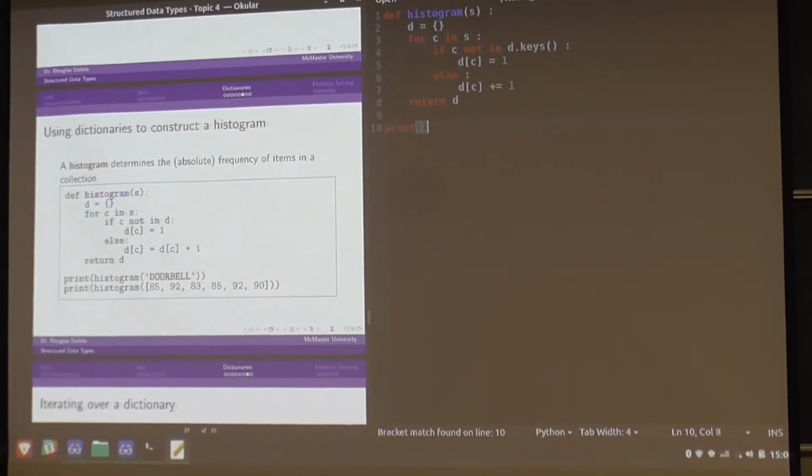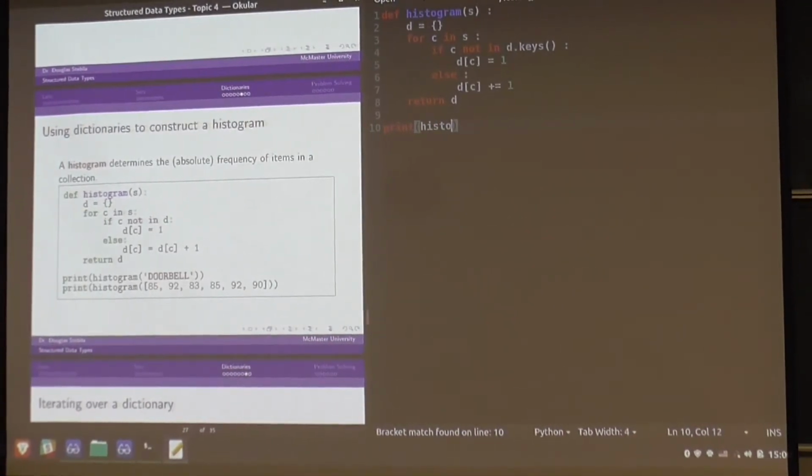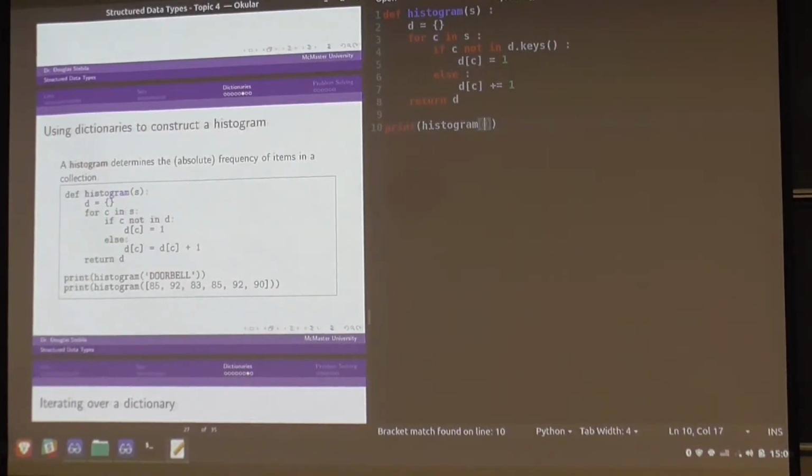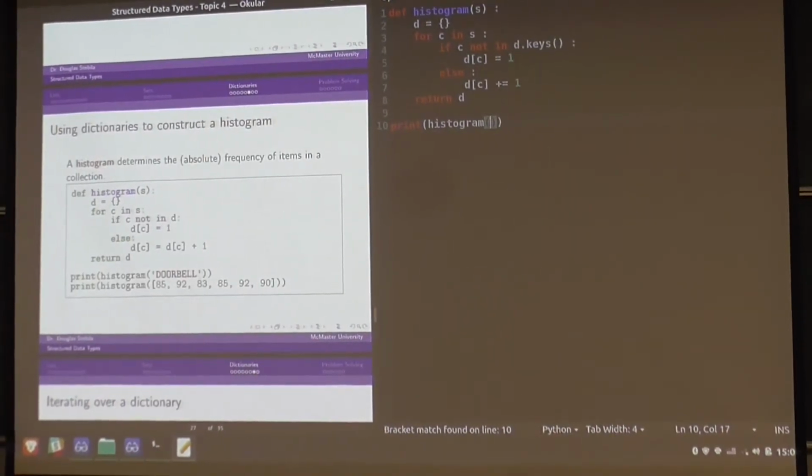So, if we print the histogram for a string,